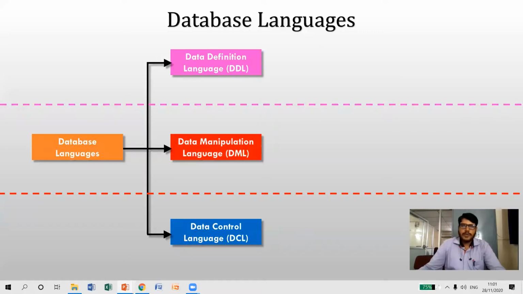At that time you have to explain the various techniques used in database security. And suppose if you get the short notes on database languages, then you have to explain the various database languages used. So there are 3 different database languages available. Those are nothing but DDL, data definition language, DML, data manipulation language, DCL, that is data control language.